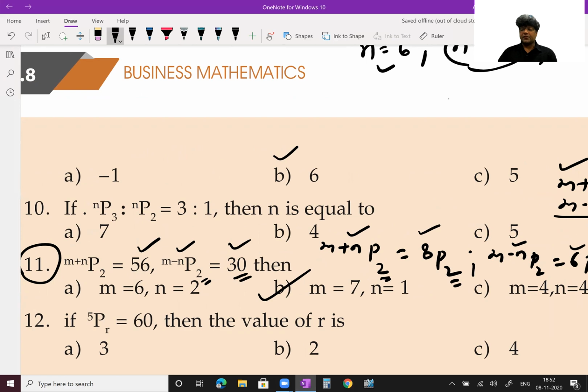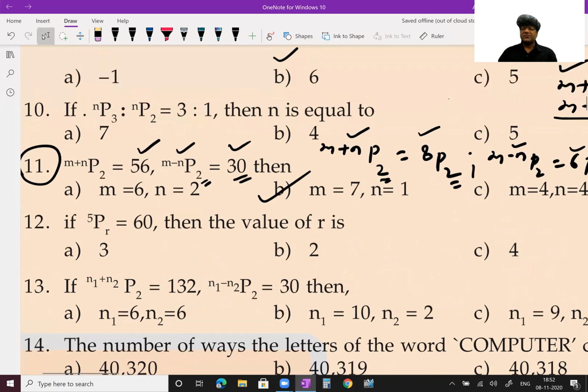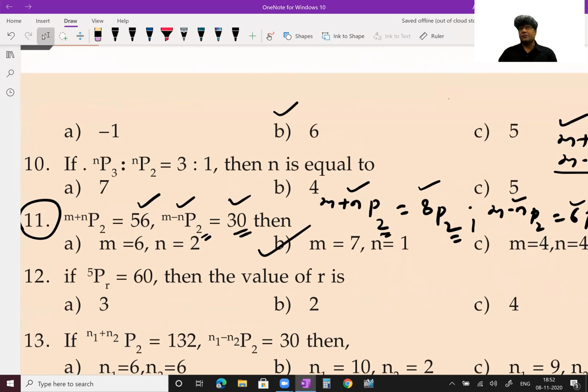So that will be a faster method, but I have shown you both the things, because here there is a risky thing involved. You know what? Suppose in this question, question number 11, they will not ask you m and n both, they will ask you only m. Then what will happen? It will be difficult for you to put and check. In that condition, this original one will be more helpful.